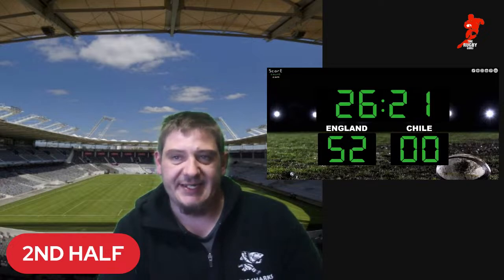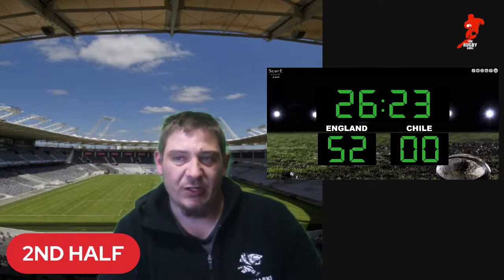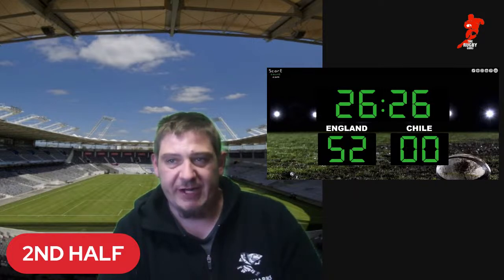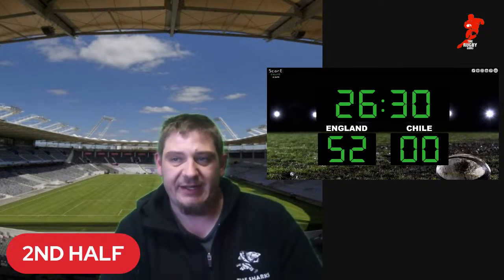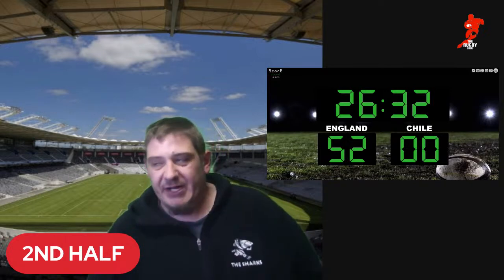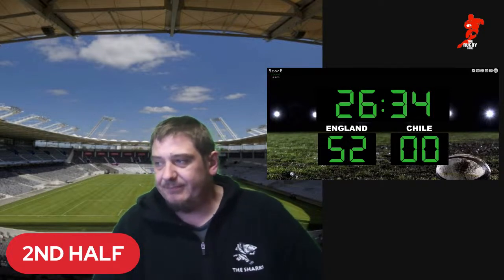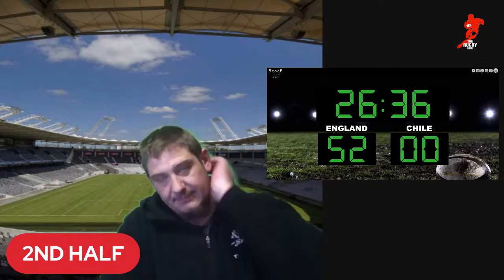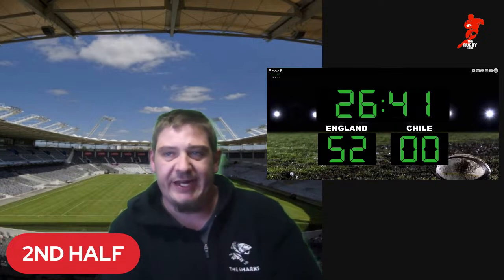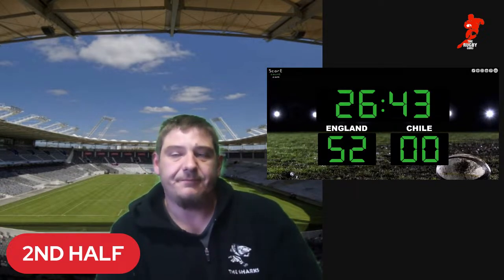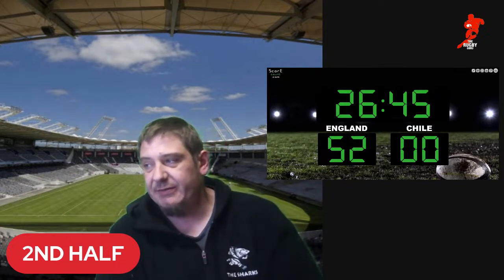But I think England has done well. They're going to disrupt this maul, and this ball won't come out for Chile, and England will win the scrum. Yeah, there we go. Scrum down to England. Chile just never looked like scoring any points in this game, really. 52 points to 0.